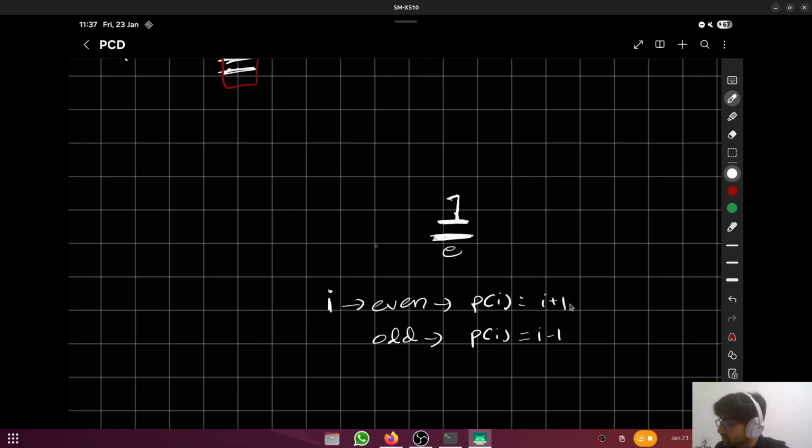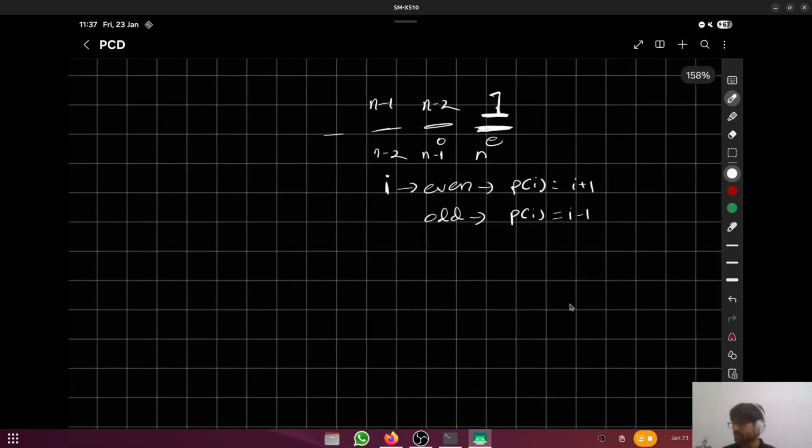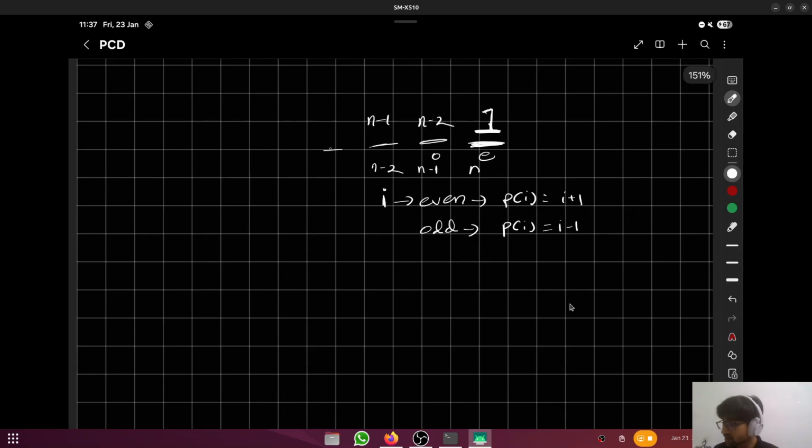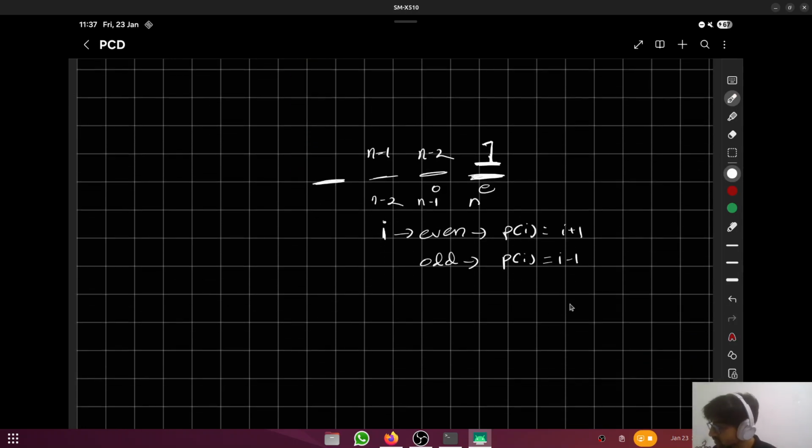Last element will be 1 and the previous element will be an odd element. So if this is n minus 1, n minus 2, here the value will be n minus 2 and n minus 1, and so on. So initially I'll make this construction, but if I make this construction, I'll have a problem at index 1. So what my next idea is that I will,